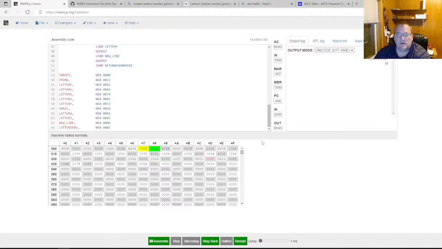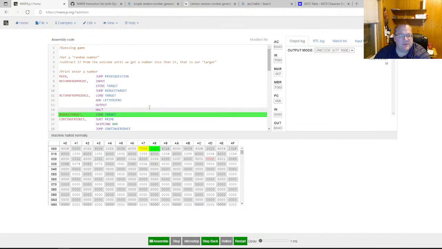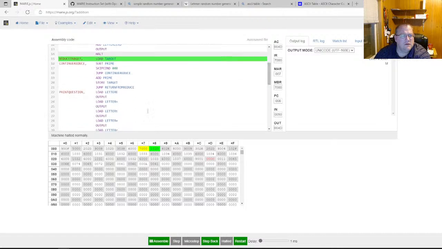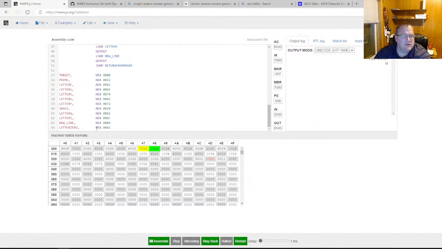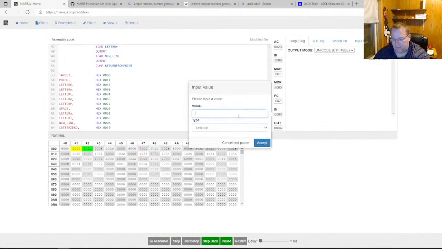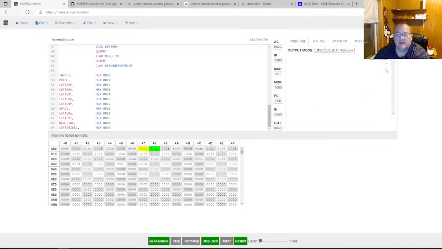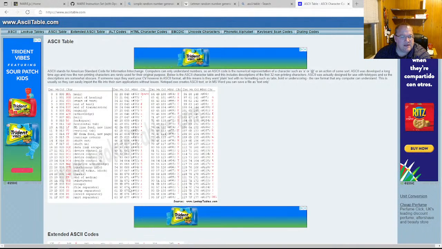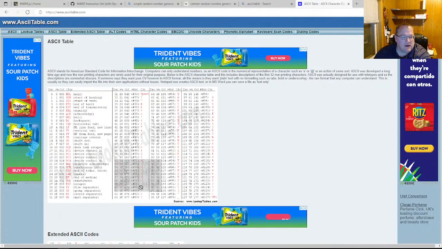Put a P. Gives me an M. Oh, yeah, because I need to change this. Okay. It wasn't the label that was the problem, it was the actual value of the label. So that's the less than symbol. So less than is here. So